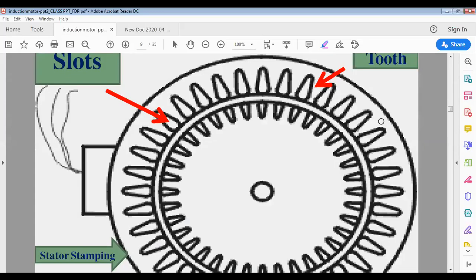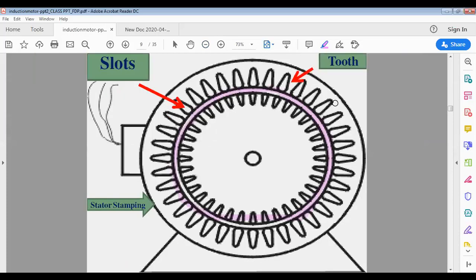See here, whatever the portion I am going to highlight, see the magenta color, or purple color, which one is that portion, what will you call it? See, whatever the portion I am going to highlight, what is it? Who can tell what it is? Yes, whatever the portion I highlighted, what is it?